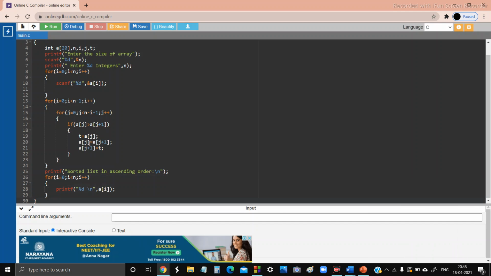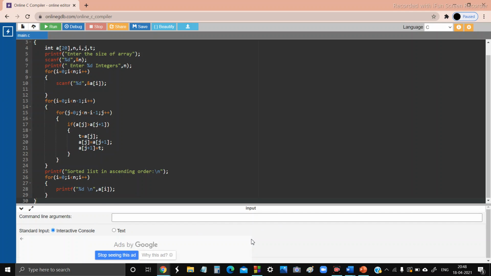Since we have used void main here, we don't need to use return 0.